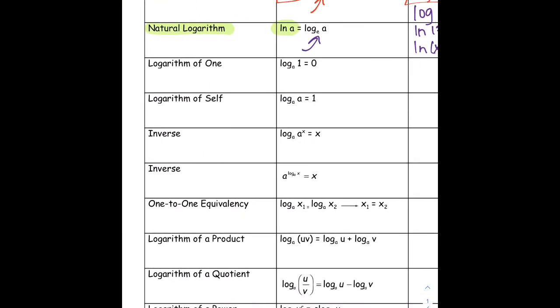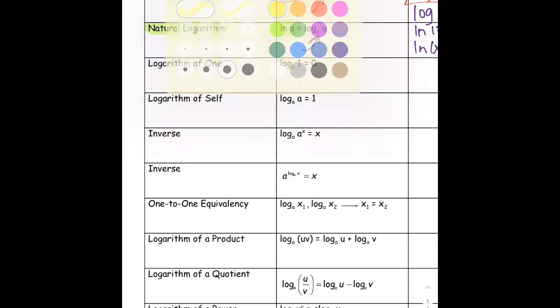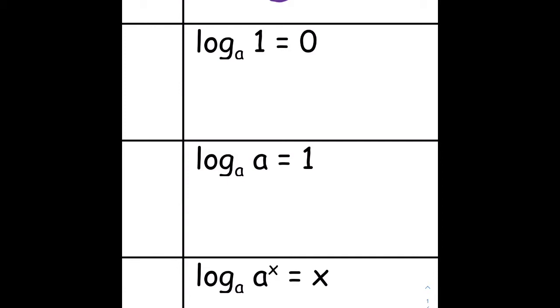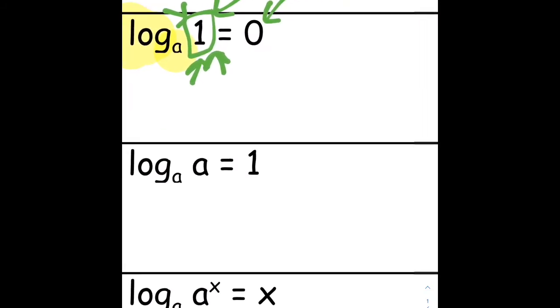All right, next let's talk about the logarithm of 1. When I talk about the logarithm of 1, what we're stating is if we look at the structure, we see log, we see a base, any base of a, but if you notice the argument or the value is 1. Whenever this value is 1, your answer is always 0. Why? Because if you exponentiate,